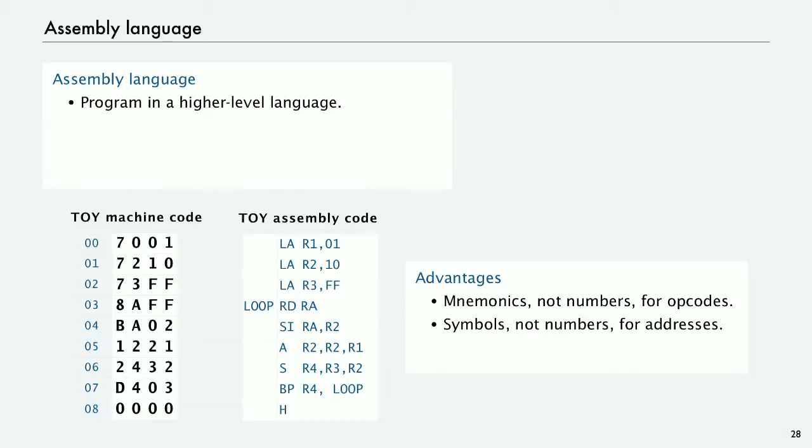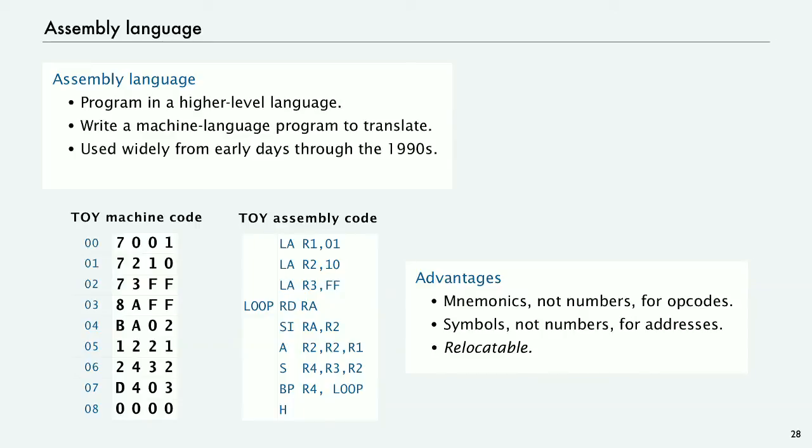And one of the big advantages of this is that the code could be moved somewhere else in the machine without having to actually change the source code, because we'd have a program called an assembler that would figure out where the program starts in the memory, and therefore what the value of a symbol like loop would be. So those were big advantages that made it worthwhile to write a machine language program to translate,